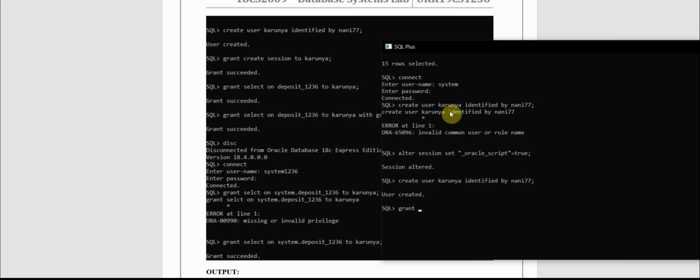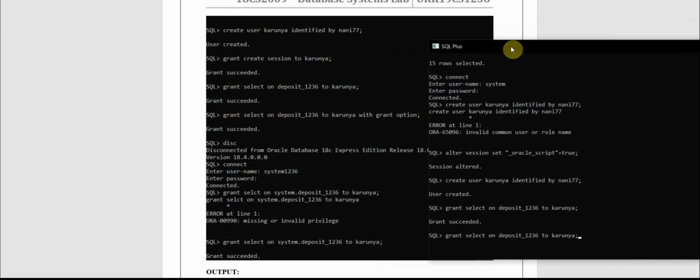Grant select on deposit of 1236 to Karunya. Okay, granted.